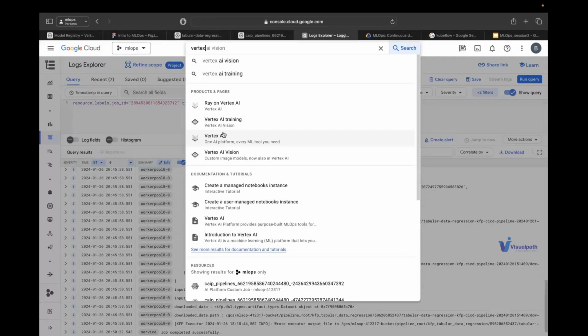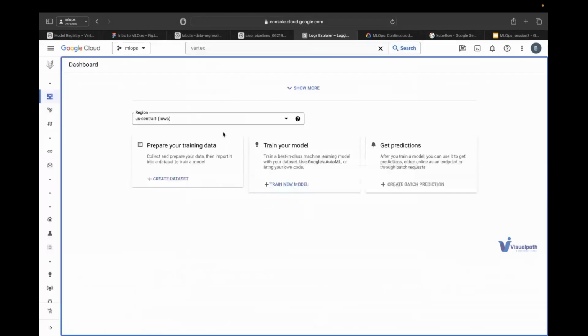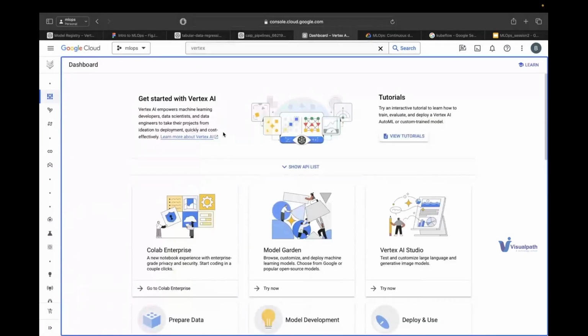If you are comfortable with Azure or AWS, we'll quickly show you that as well in a few sessions, once we have our setup ready for AWS and Azure.